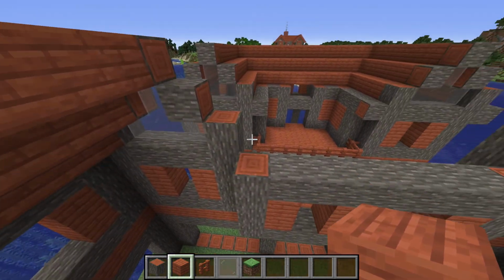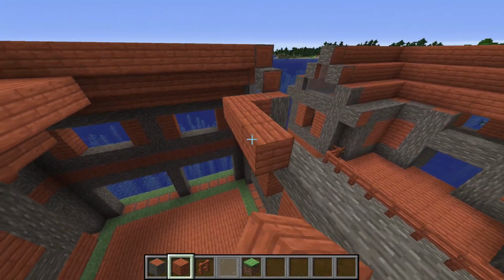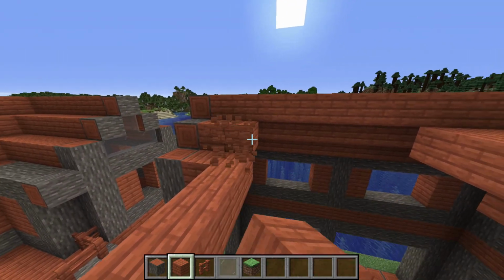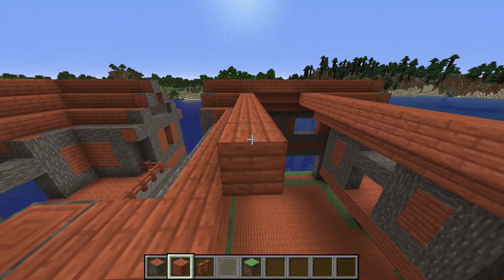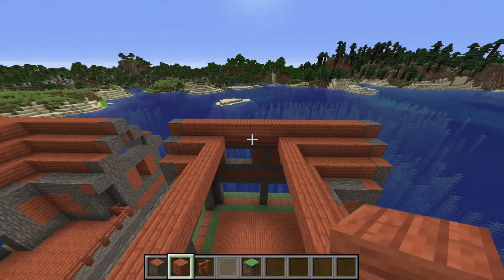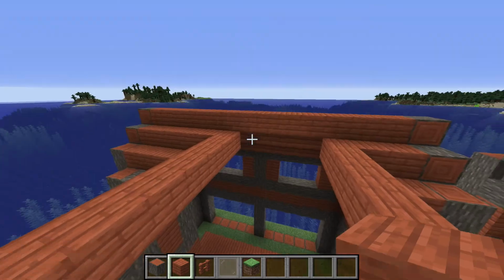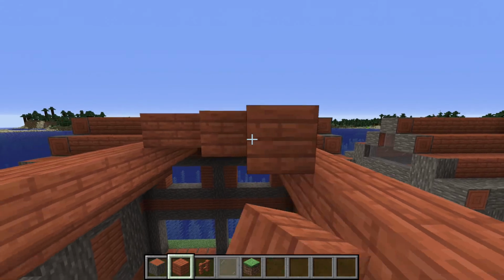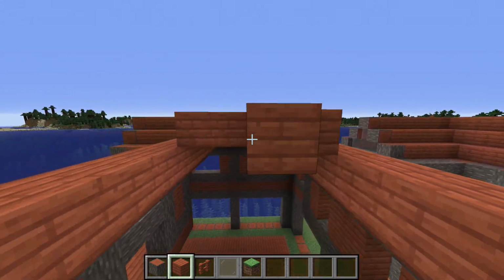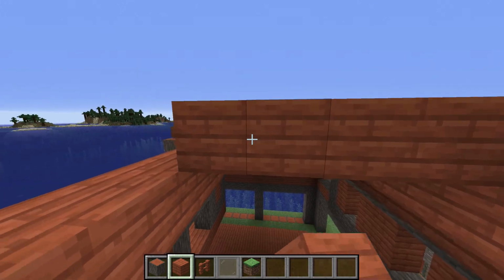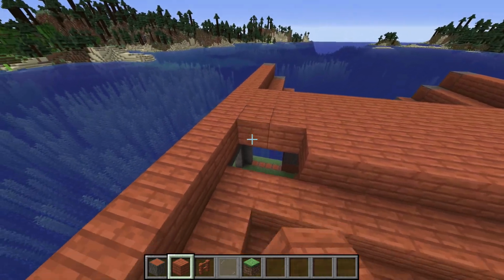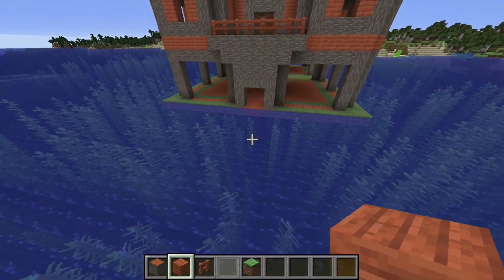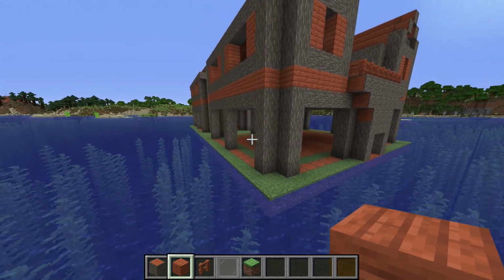So you just want to wrap around again. And the same thing on the top side. Oops. Then on the top gap, it's pretty easy. You just want to fill it in with planks. Okay. So that is everything